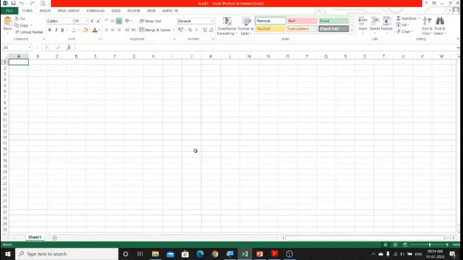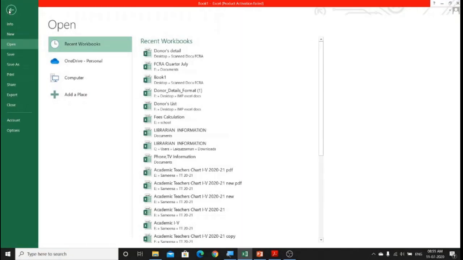This is the window screen of Microsoft Excel 2010. Can you see the top left corner? In 2007, here there was the Microsoft Office button. But in place of that Office button, you will find this File menu over here. If you click on the File menu, you can get a menu like this for file operations.